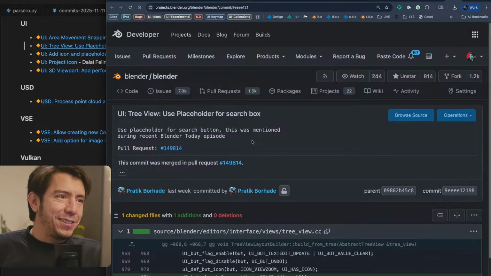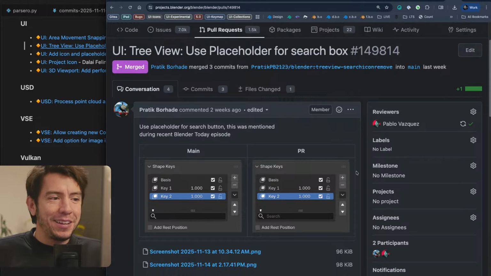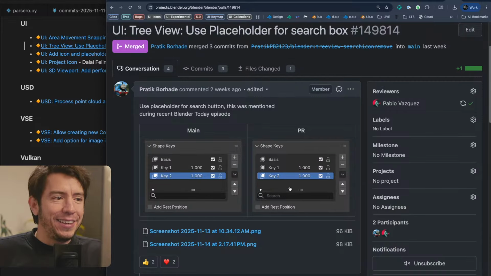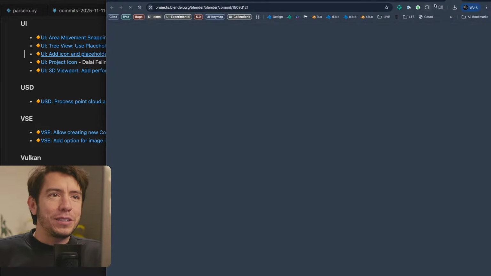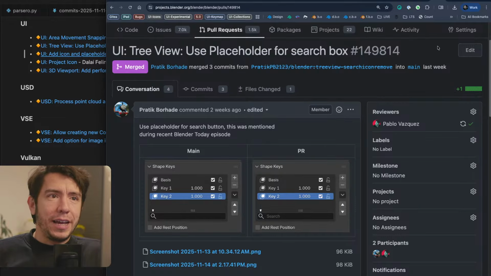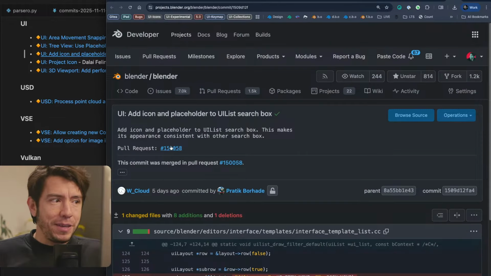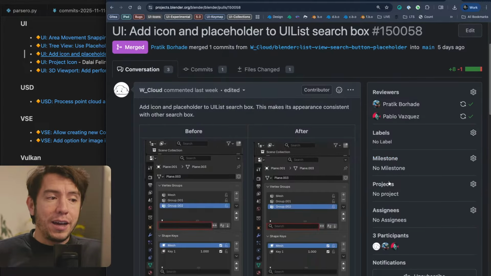Next, again, small details. This is a placeholder for the search box. This is something I mentioned in the live stream last time, and Pratik saw the live stream and added the placeholder. Super nice. Thanks for the attention to detail. And this was done on the tree view, so on the shape keys, but it wasn't actually in the regular UI lists, and now it is.